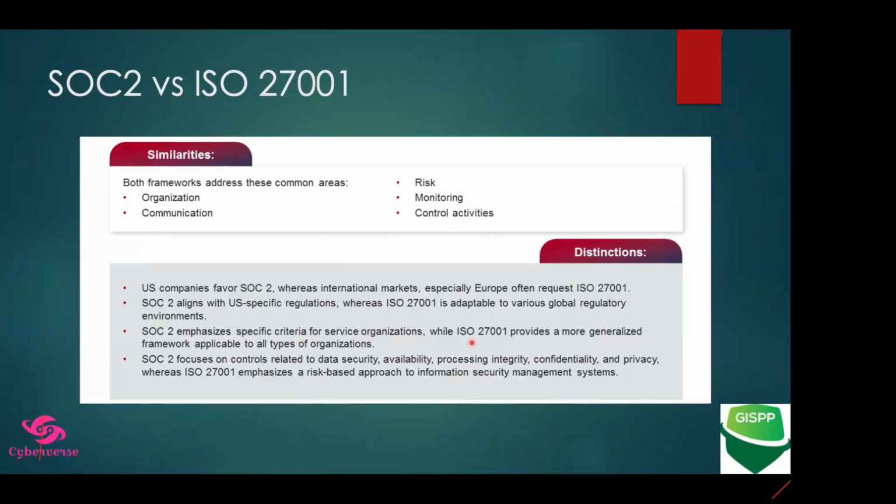इसीलिए ISO 27001 को हम information security management system कहते हैं, because it talks about governance, management, and your organizational controls, HR related controls, you have physical security controls, etc. So it's a very high-level management system, but SOC 2 is more on the 5 trust services criteria that we have seen. SOC 2 focuses on security, availability, PI, confidentiality, and privacy. 27001 emphasizes a risk-based approach to information security management system. So that's the main difference.